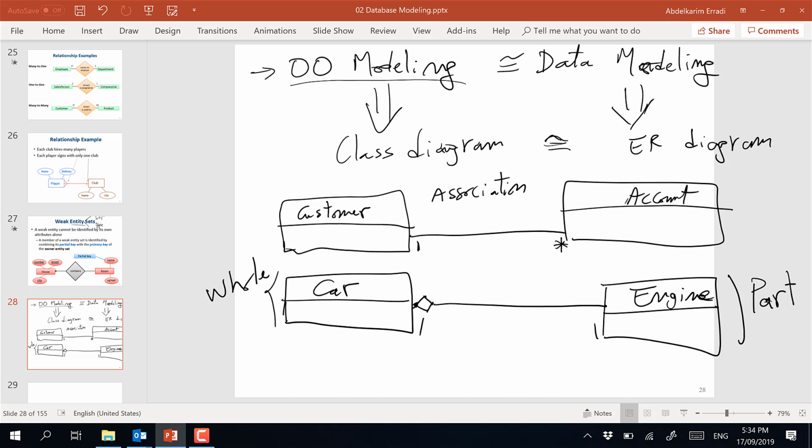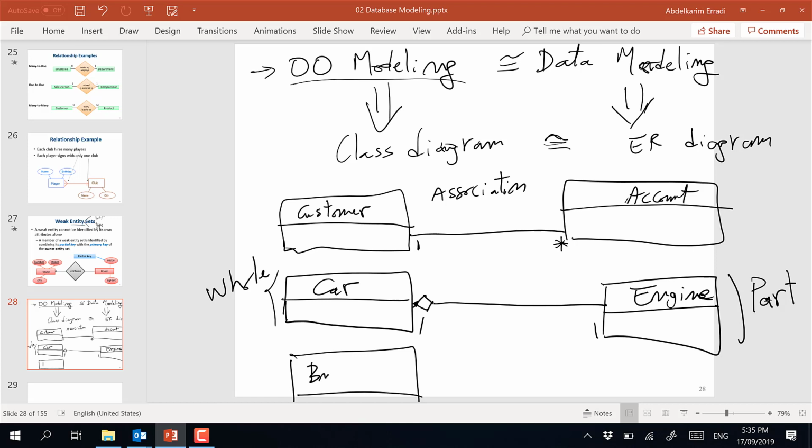In fact, a car could be written off, you cannot drive it anymore, but the engine, they can take it to Sinaiya and sell it as an engine, and you can place it in another car, or even as a spare part, whatever it might be. But the engine lifetime is not dependent on the car. Okay. Now, let's take another example,